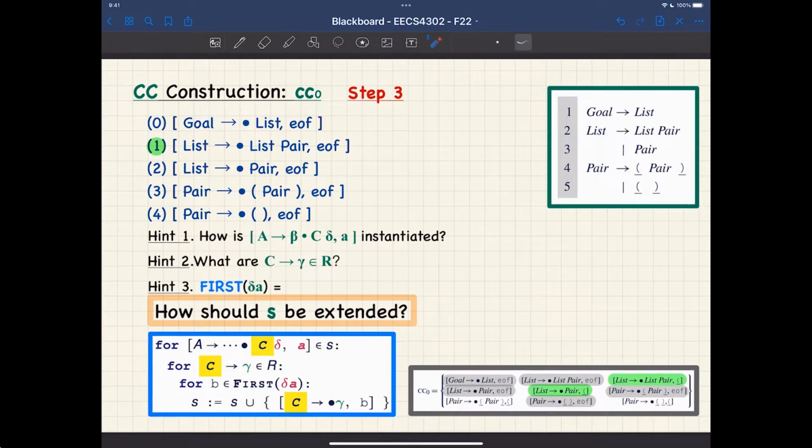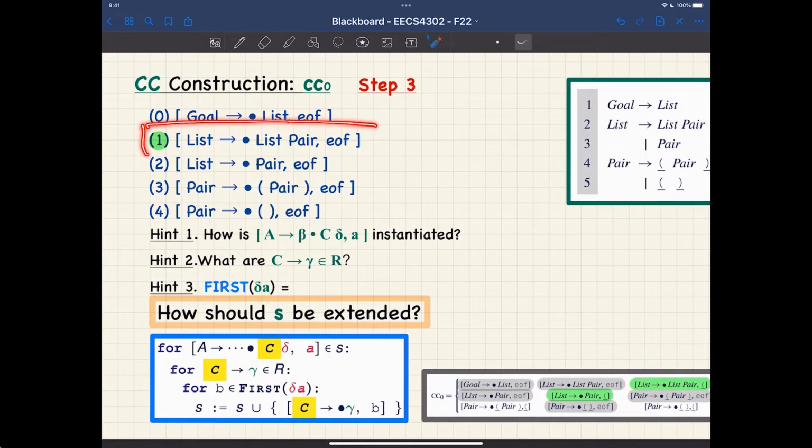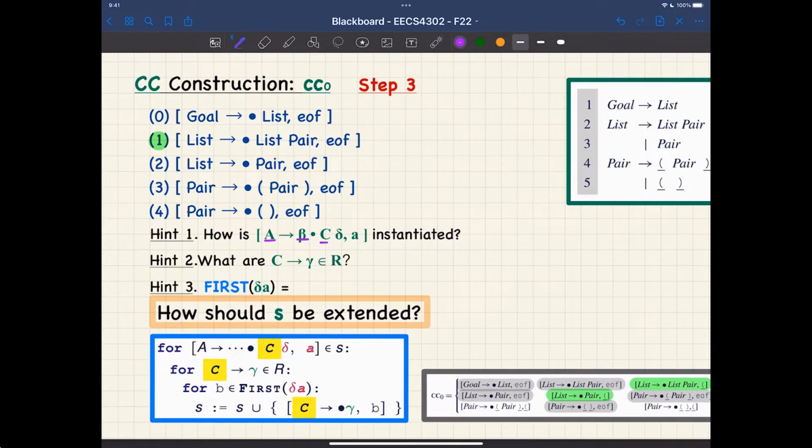All right, so far I haven't asked any girls. Why don't we try? I'll let you girls work together and I just need the answer. Okay? Let's say we choose this rule over here. Hint number 1. What should we match? A, beta, C, delta, and A. Any one of you? Of course, if you really don't want to answer, you can say pass. Monica, Qingyi, or